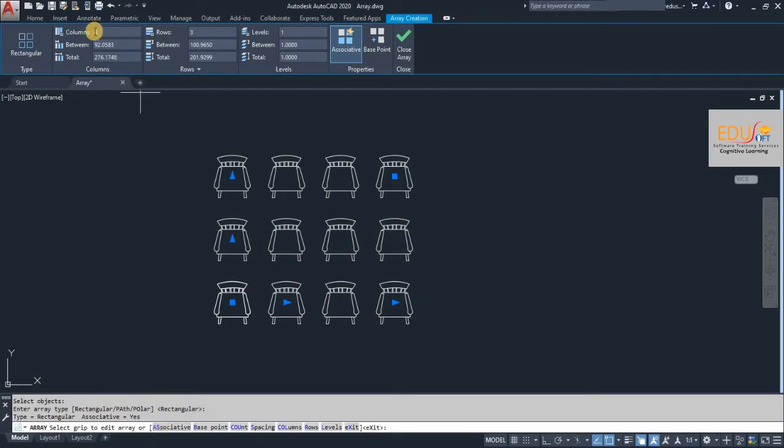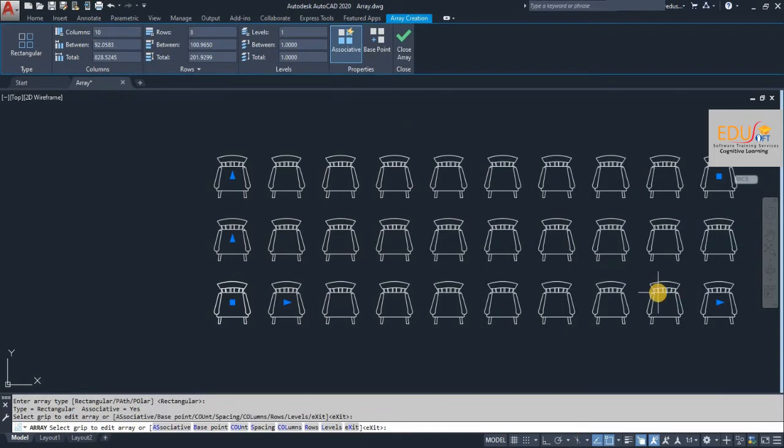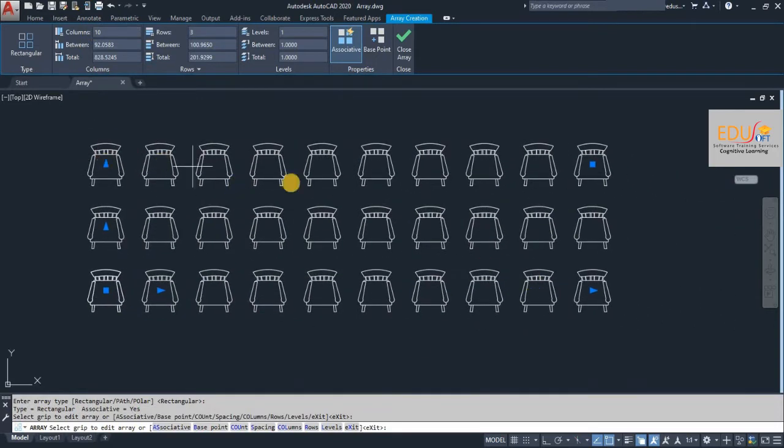I prefer to give the number of columns and number of rows over here. So instead of 4, if you give 10 and give enter, you will have 10 columns in your array.